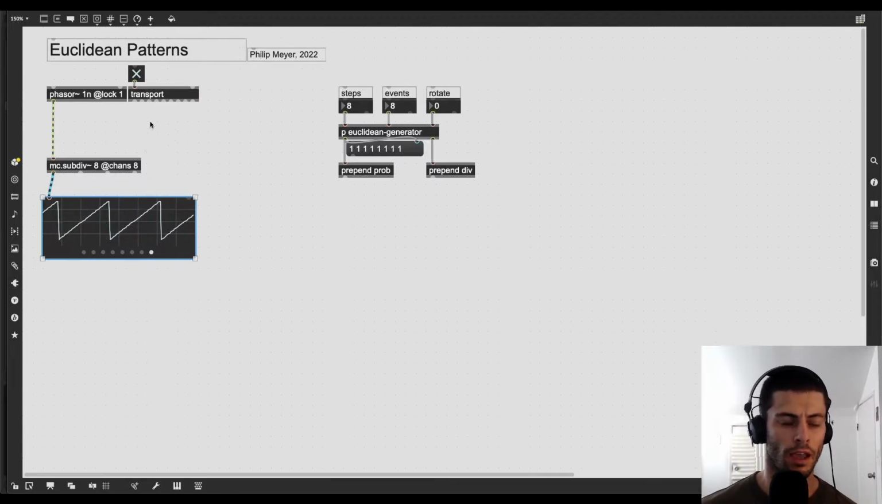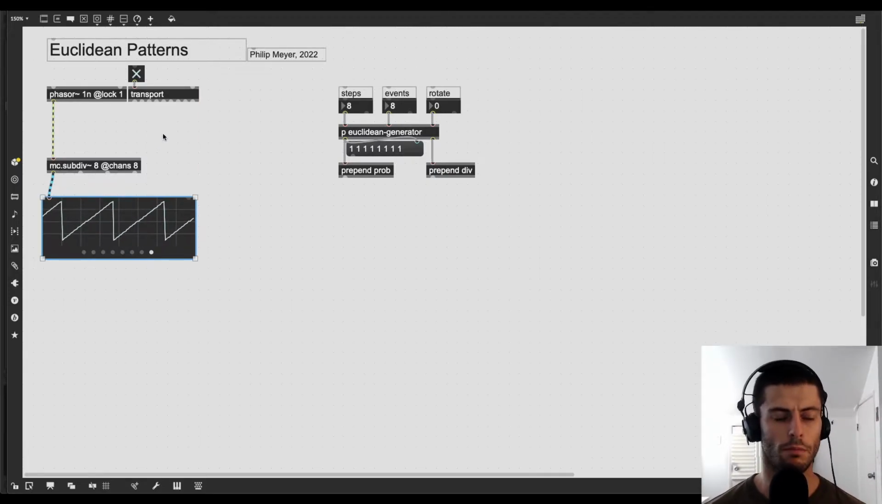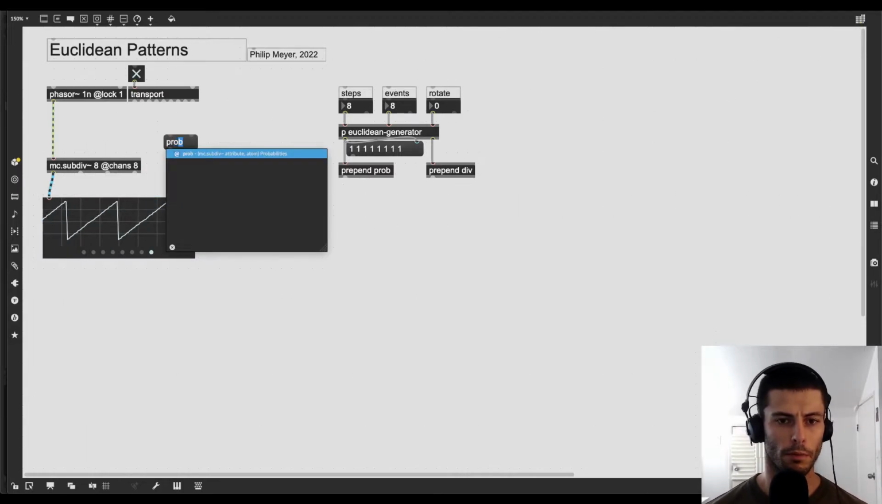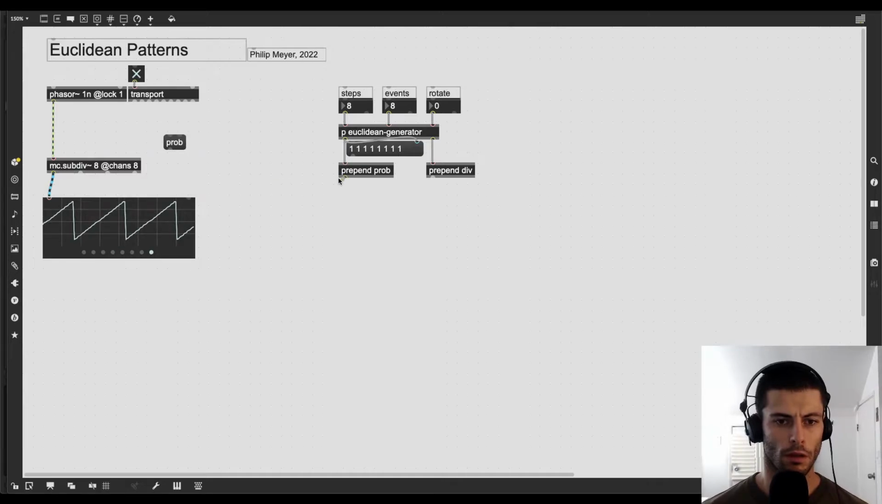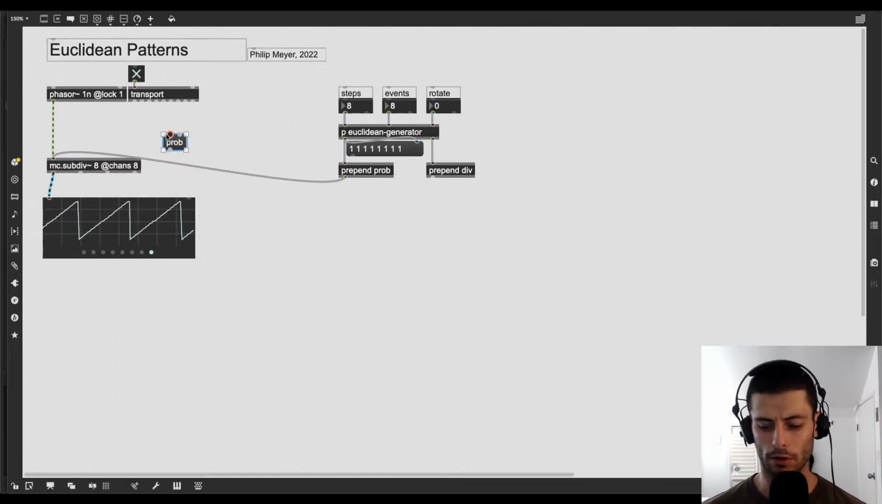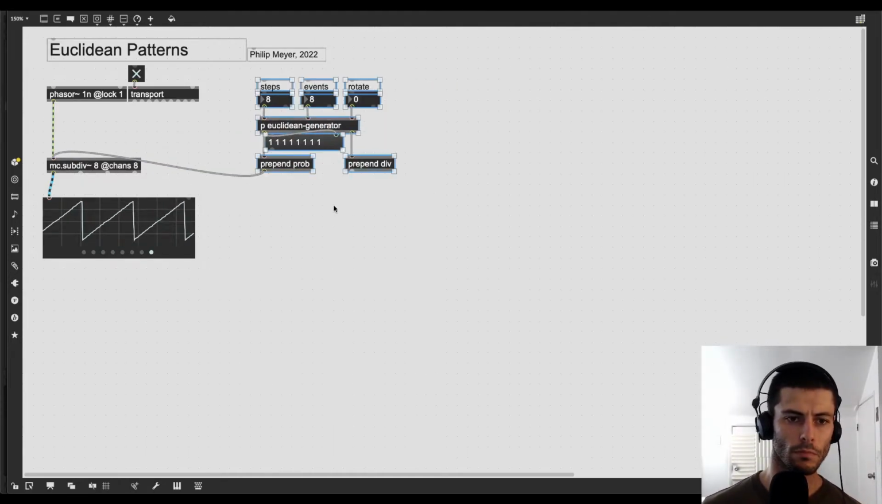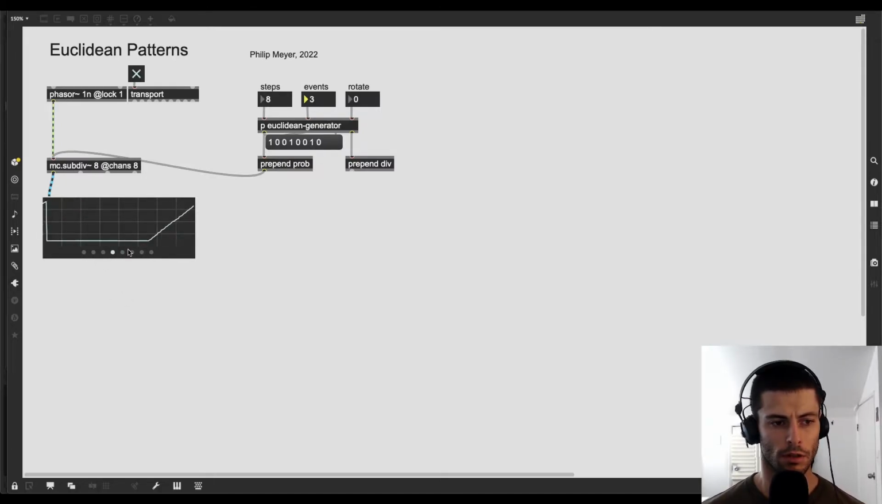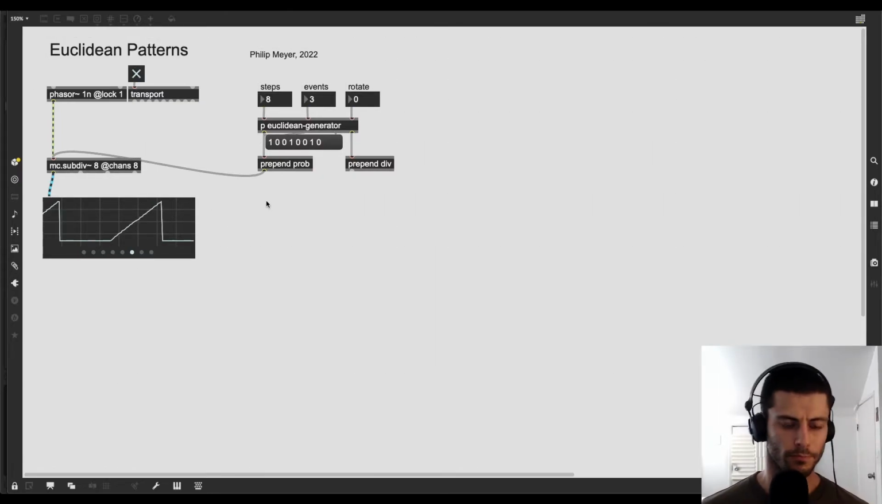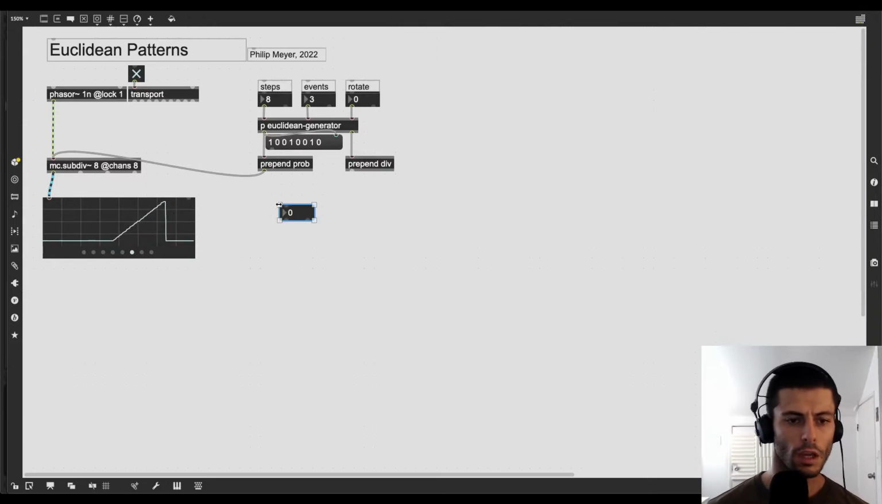Okay, and so now we can do something like, say, prob, and let's just do this in a very basic way to start. If we just connect from our Euclidean generator, we can influence globally all of the generators, all of the 8 sequences. Because we're just sending this simple message prob and then the sequence, we're just doing it to all of them. However, if we wanted,